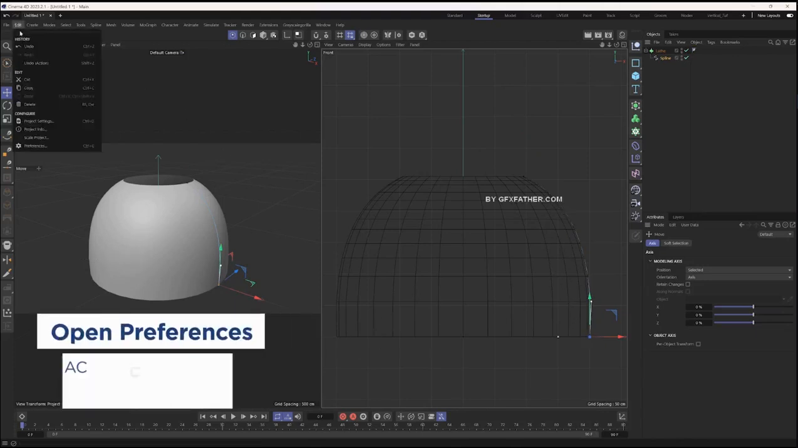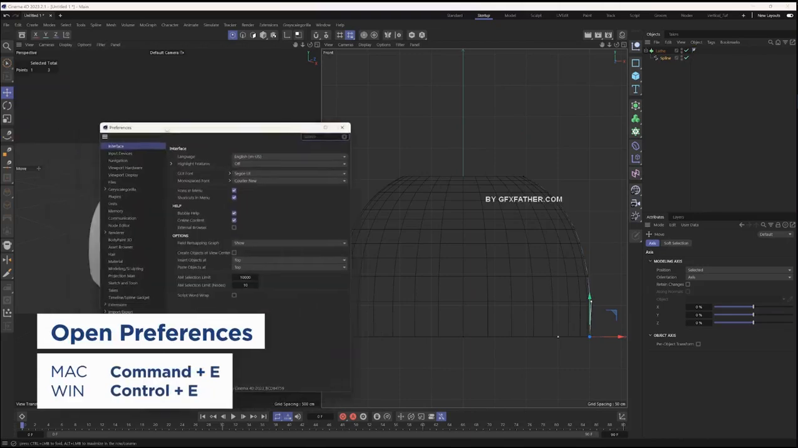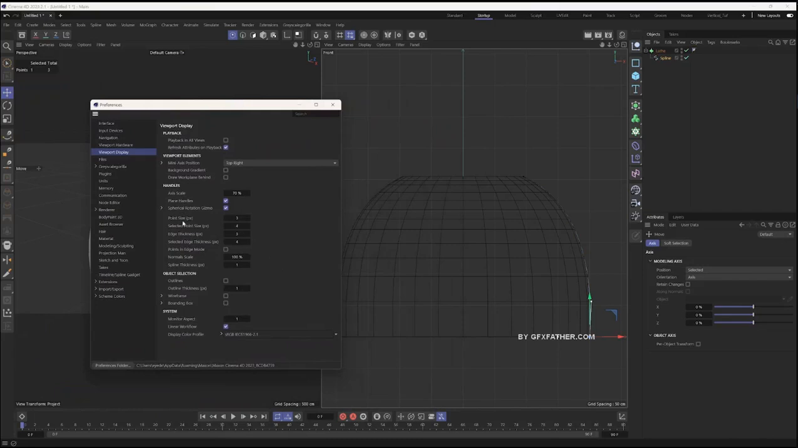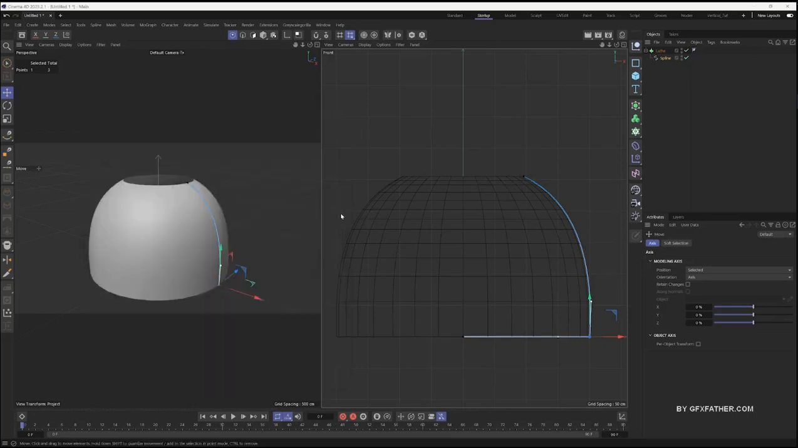So I'm going to go to Edit, Preferences, or Control E, and then go to Viewport Display. And here we can change the size of the point, the size of a selected point, and the spline thickness. So if I up this, you can see this is much more visible now. We can also change the size of the points and the selected point size. So now you can see those points very big. Maybe that spline's a little too big, but now this is much more clear where my points are and where my spline is. So I can close out the preferences here and we can continue working on this